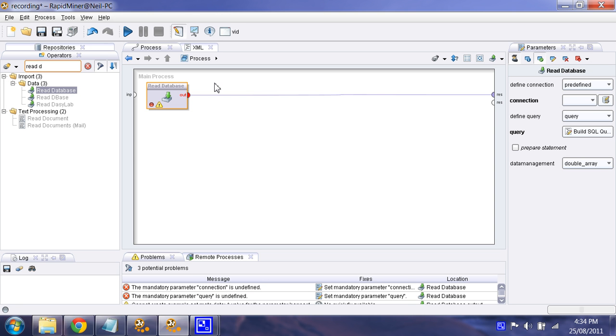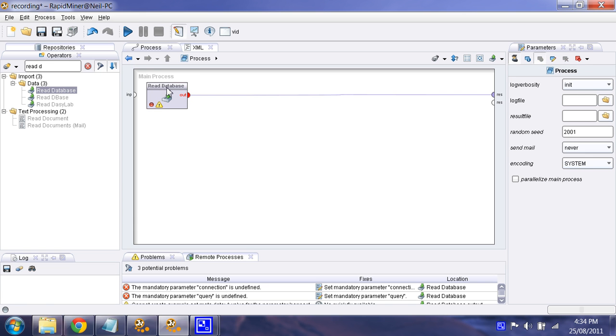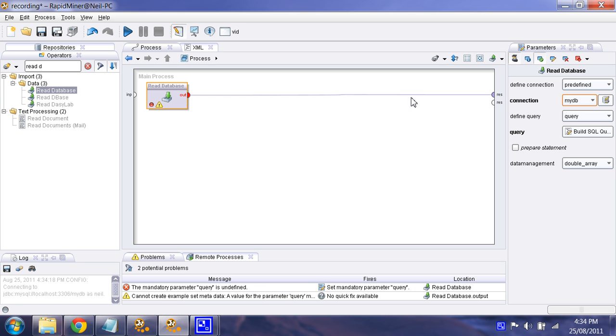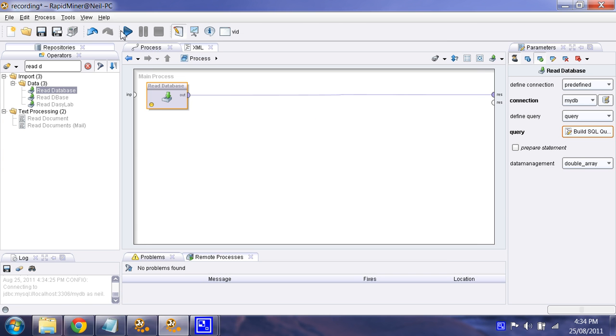I've already set up the database connection, but if you want to set up your own, go to Tools, Manage Database Connections. It can connect to anything that JDBC, or Java Database Connectivity, can connect to, which is most databases out there, including SQL Server, MySQL, Oracle, and Excel or Access. Okay, so connect to my DB, pick the table, pick all the columns, and we'll just run